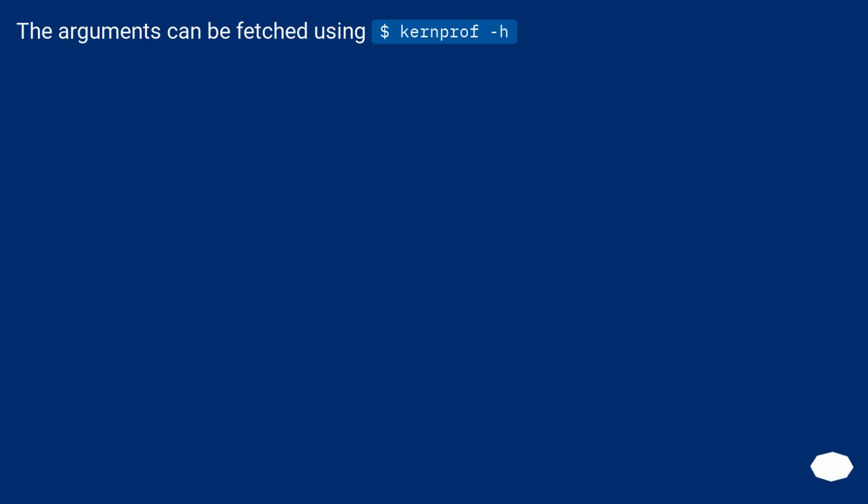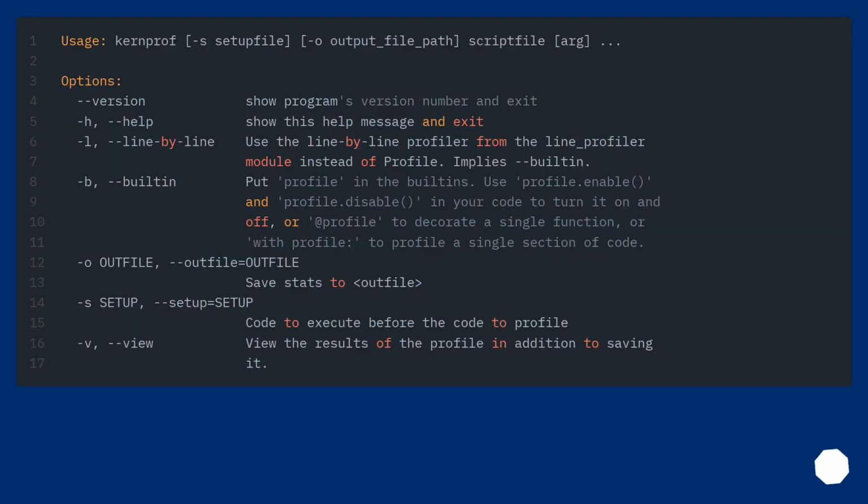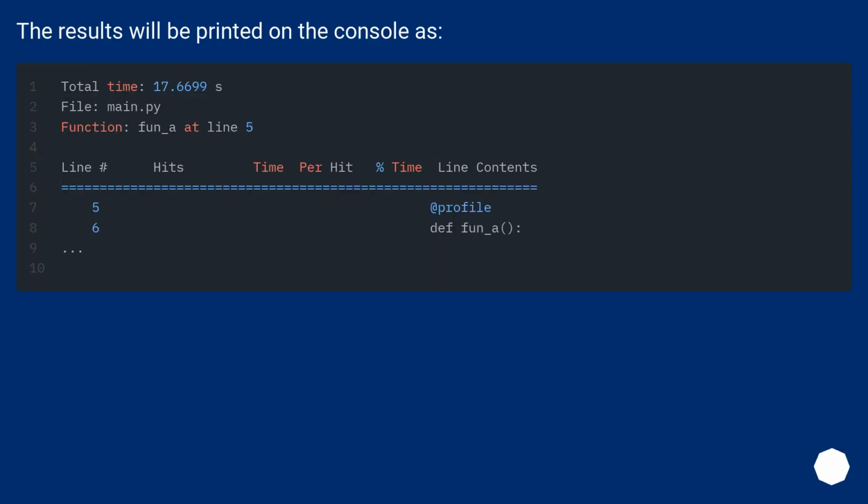The arguments can be fetched using kernprof -h. The results will be printed on the console as